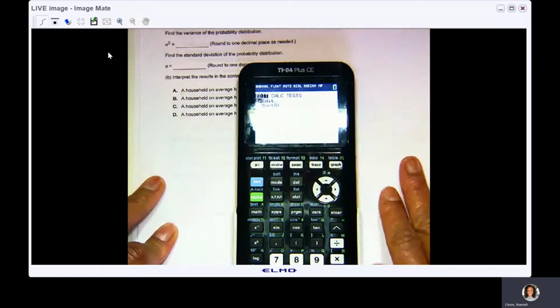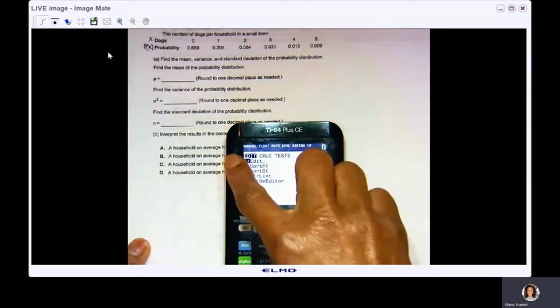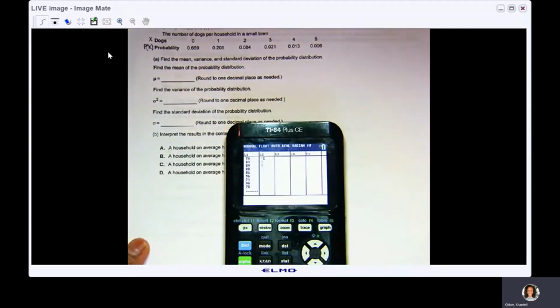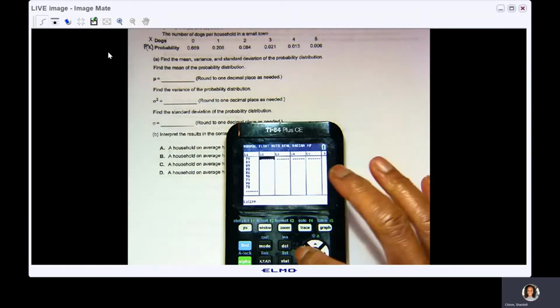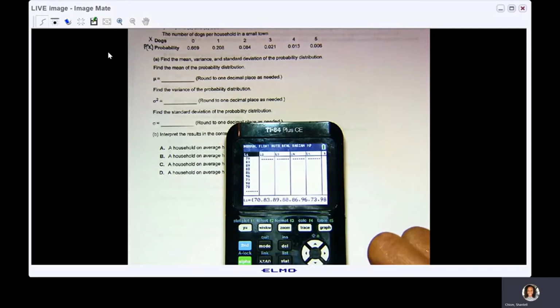So I press the stat key, and edit is highlighted, which we want, so we press enter. I already have some items in here because we were using lists back in module 2. So I'm going to go up to the name and press clear, enter. And I'm going to go up to this name and also press clear, enter. In list 1, I'm going to put the X values, the number of dogs: 0, 1, 2, 3, 4, 5. And then in list 2, I'm going to put the probabilities, 0.669,